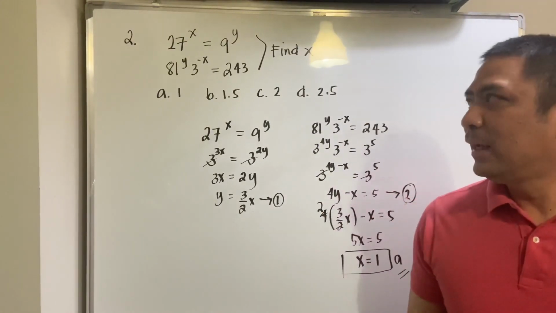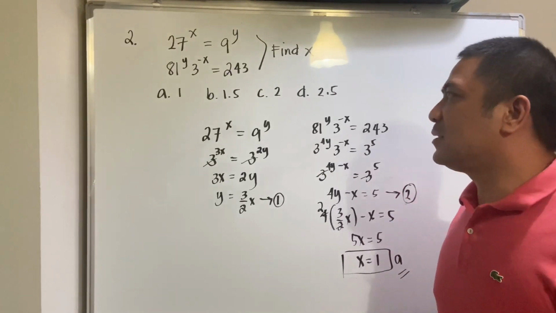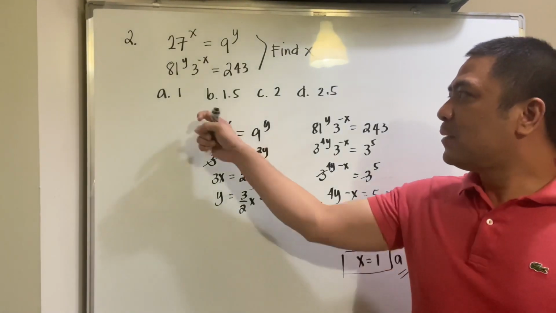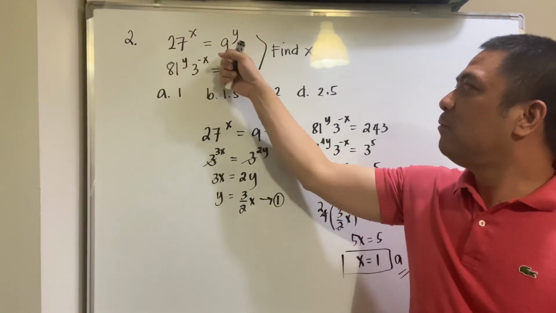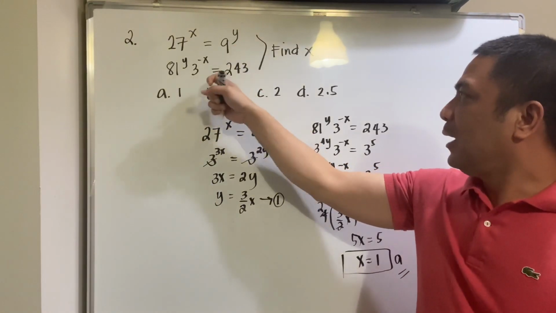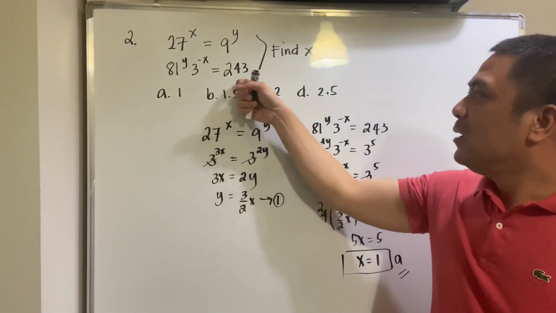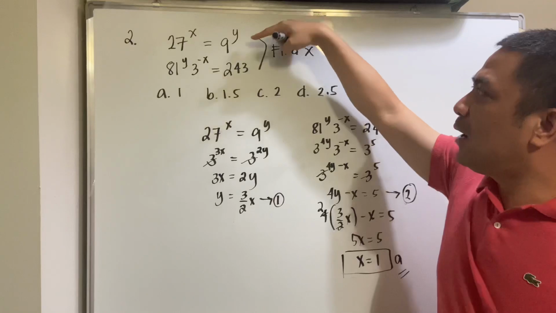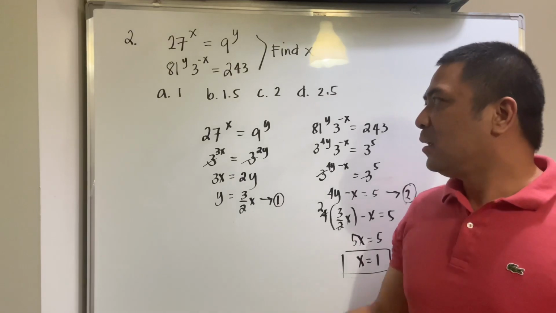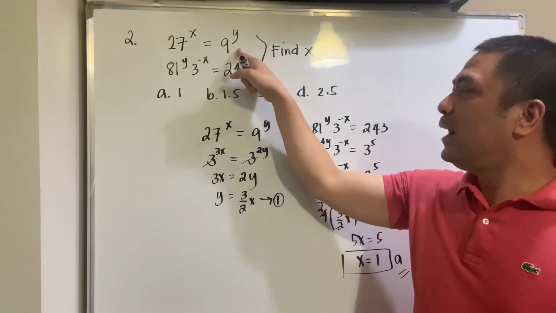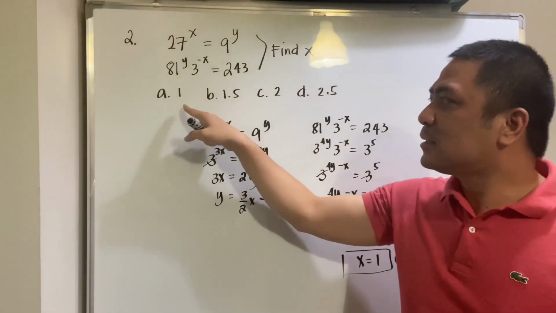So another way to solve this problem is by substituting the given choices. So for example here, if you substitute the value of x as 1, you'll have a value of y, right? And also if you substitute the value of x in the second equation, you'll have a value of y. So the value of y in the first equation must be equal to the value of y on the second equation. If the value of y in the first equation is equal to the value of y on the second equation, that means